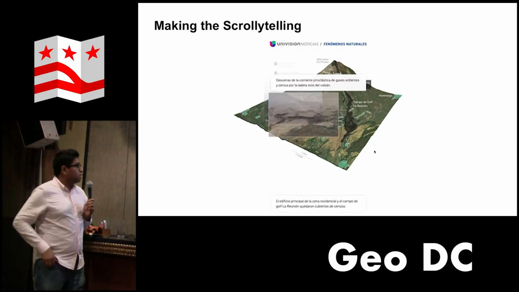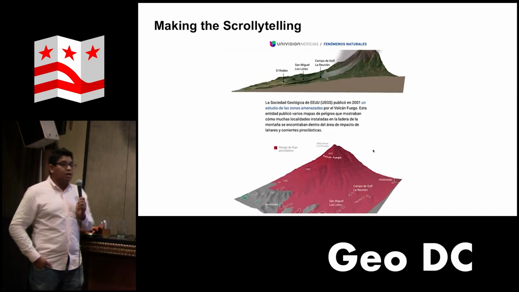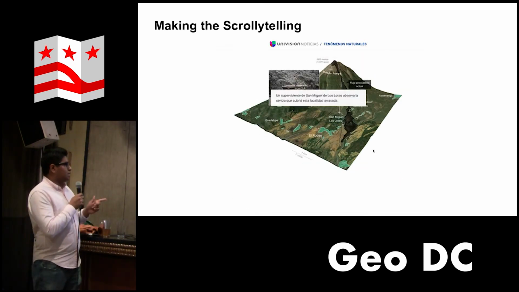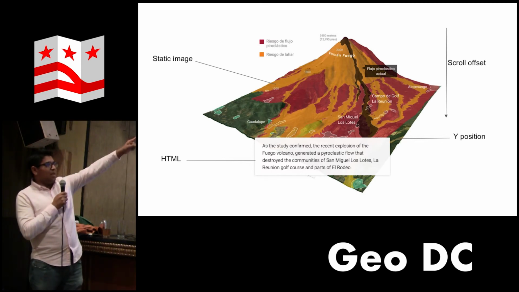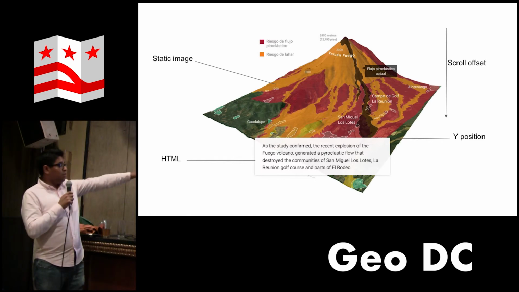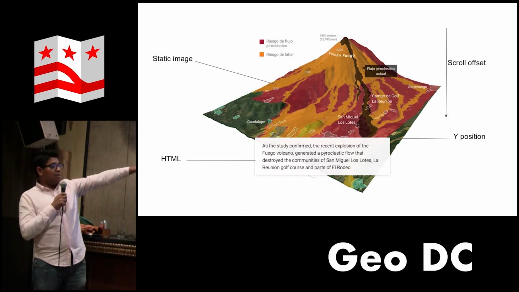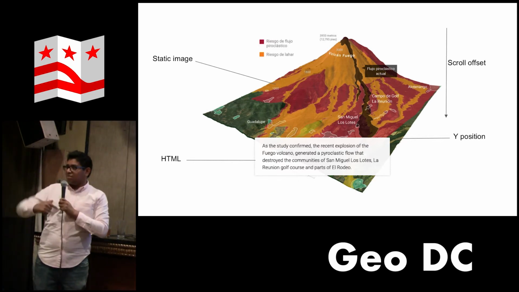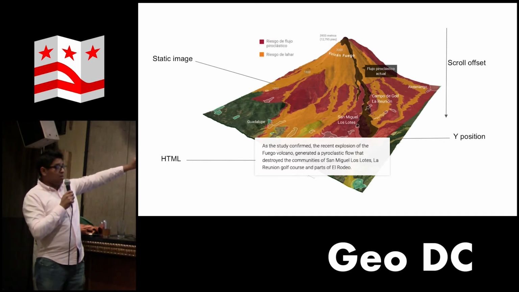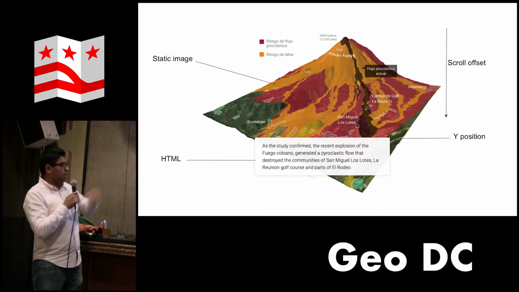The next please. So this is the funniest part, how we made this project. Maybe some of you say, no, this is difficult. It's not. The next please. Basically we identify the scroll of the user. We put a trigger element, which is the HTML with all the content, and the Y position. So basically we change the static image of the map in the background. We change it every time the user crosses over a trigger.